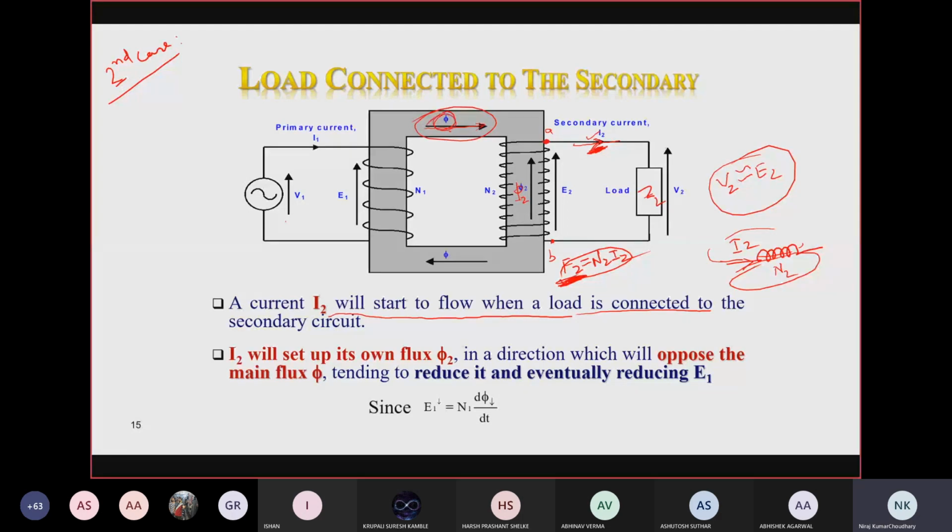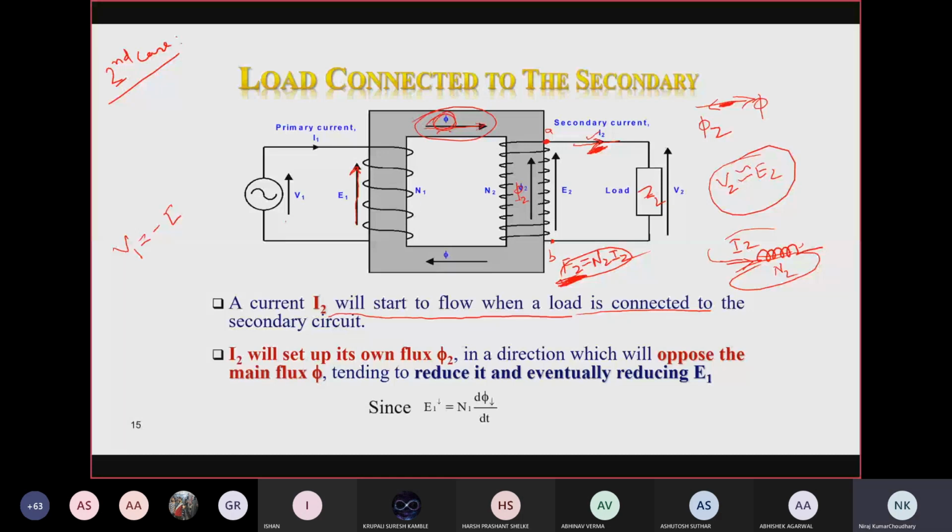Obvious, it is quite obvious that there is existence of an additional flux phi 2 which is in the opposite direction of flux phi. Suppose phi इधर है और phi 2 इधर है, so the net resultant flux will be reduced in the transformer core, right? But any reduction in this phi will reduce the induced EMF across the primary winding, that is E1. अगर phi reduce करेगा, it means E1 also reduce करेगा, right? And you know that for an ideal transformer, V1 is equal to minus E1. अभी just हम लोगों ने देखा है,